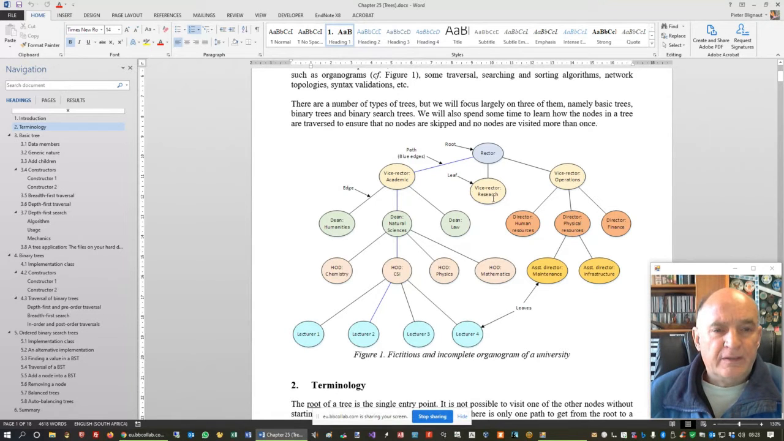So please note that this vice director research, it looks like she's a leaf, but she is not, because this is not complete. There are many leaves here not shown. But in this specific example, this is a leaf. A leaf is a node without children. And there are also leaves here at the bottom of the tree that do not have